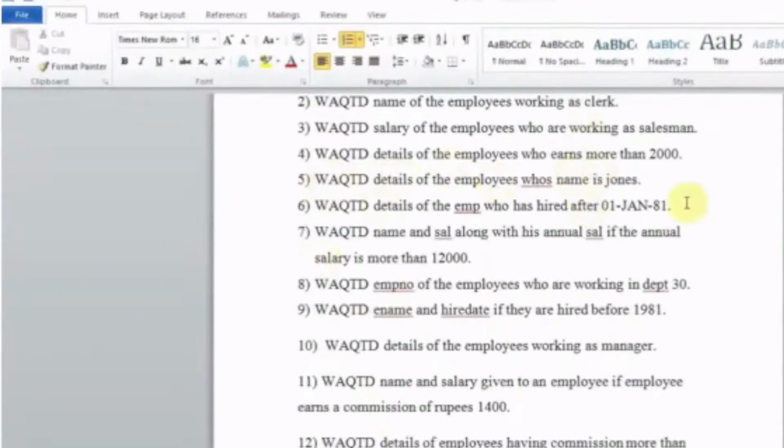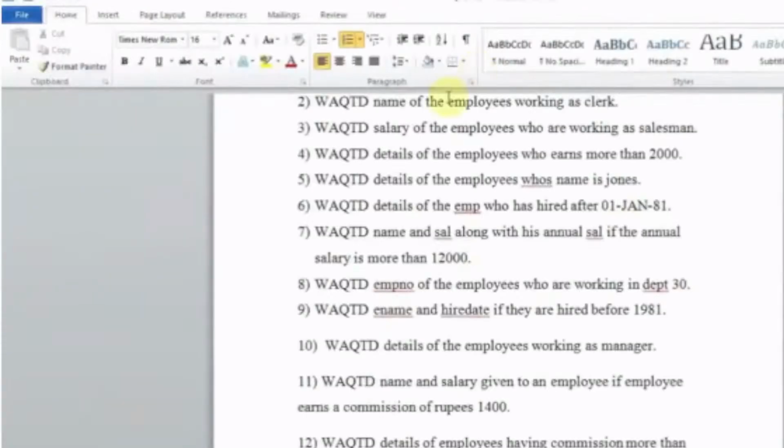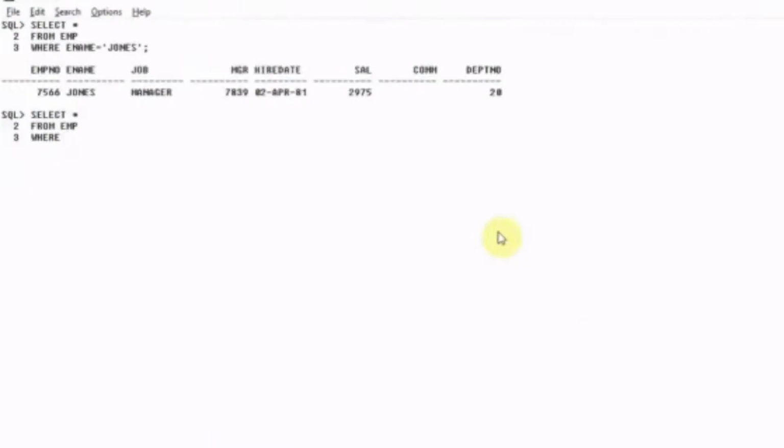And sixth one, write a query to display details of the employees who have been hired after 1 Jan 81. So to display the details, I will be writing select star. So this will make sure that all the details are selected. After that from EMP, and after that I have to write where, and the date is hired after 1 Jan 81. So hire date should be